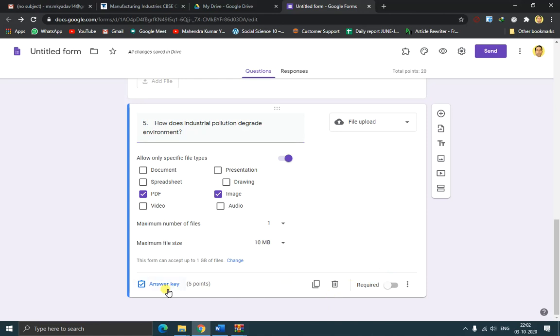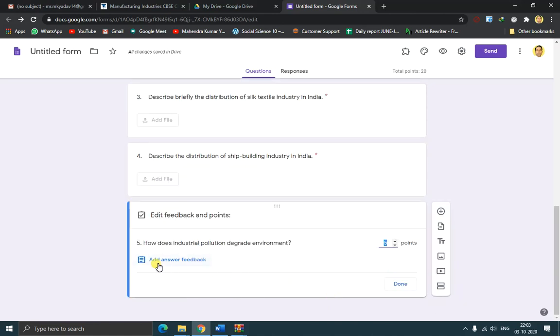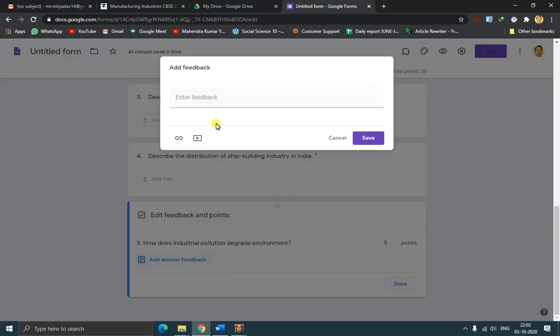As here it is showing feedback, add answer feedback, so it can say that marks will be released later on after review of the answers.